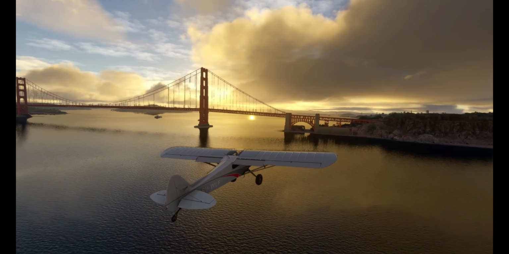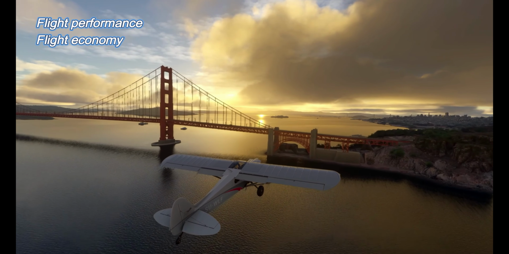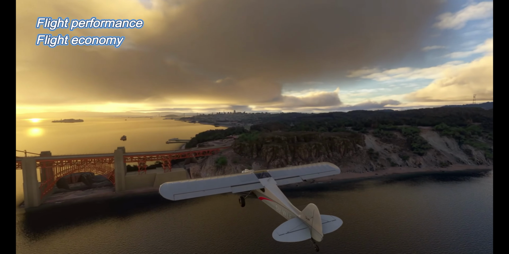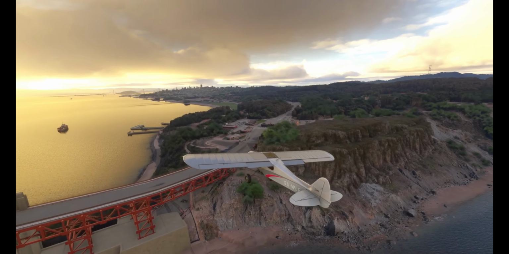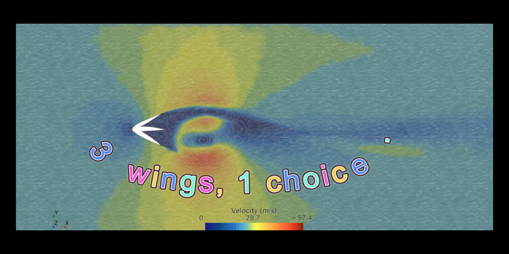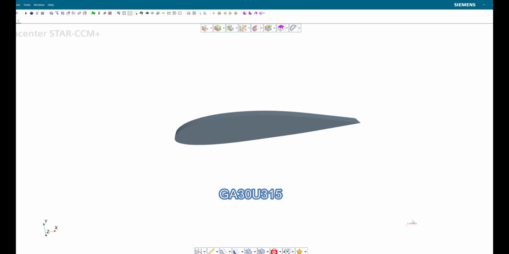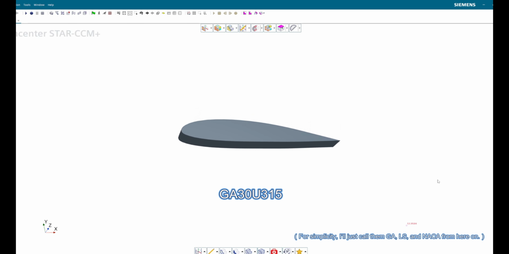For a small electric aircraft, it's not only important to maintain good flight performance, but also to consider flight efficiency, especially since the battery energy storage isn't very strong yet. The detailed airfoil selection work isn't finished. In the previous video, I kept the GA30U315 wing, so I'll use that as a reference and add